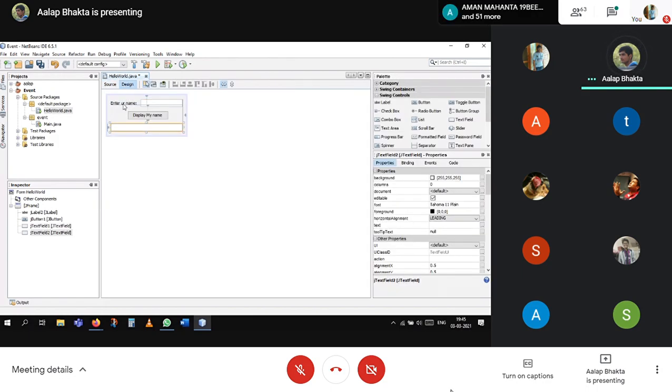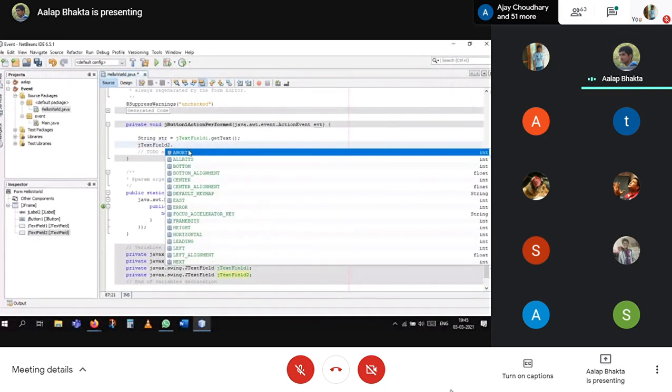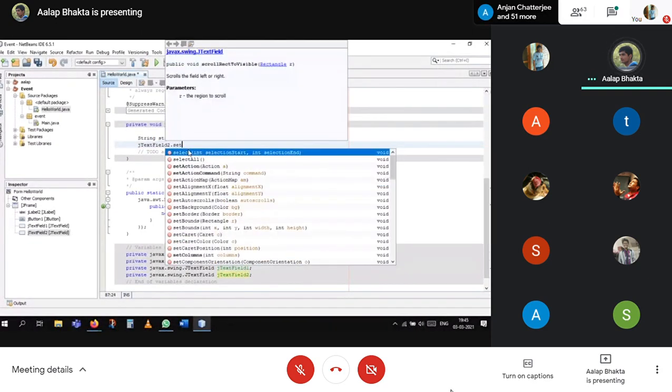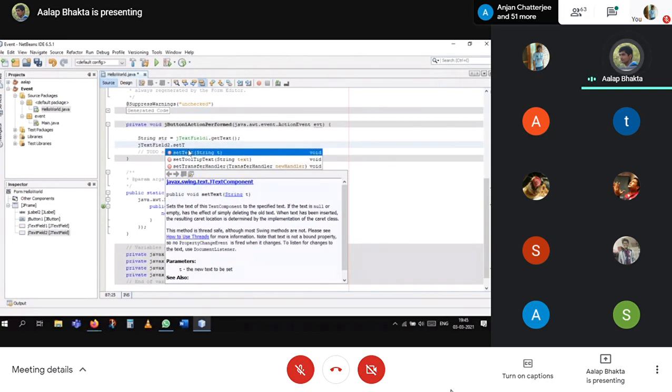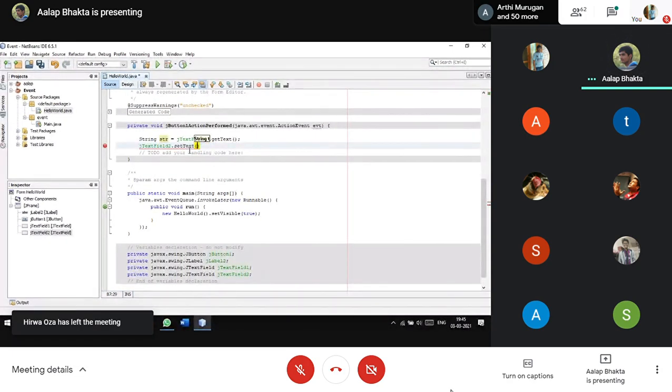text field. For that there is another method. Same, you have to go for jTextField2, dot setText, which means setting the text to the text field. setText in brackets.